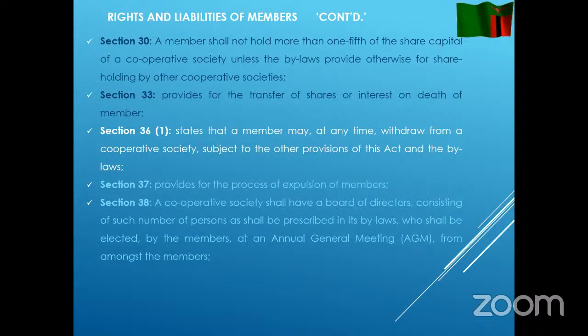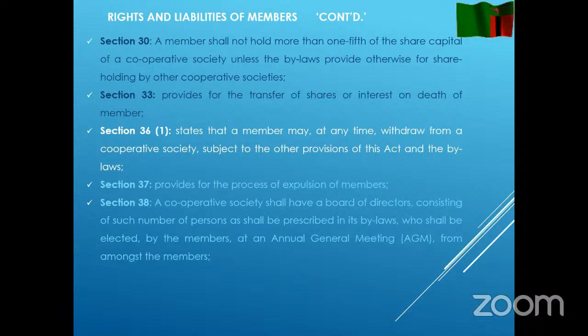We may have members that are doing very well. They have a lot of money. The law allows that no one should hold more than 1/5 of the share capital of the cooperative society. Of course, it is something that needs to be agreed, unless the bylaws provide otherwise, for shareholding by other cooperative societies. So, for instance, if you are a primary cooperative society, you can still admit other cooperative societies to be